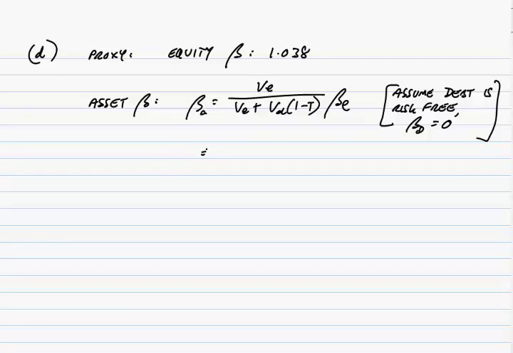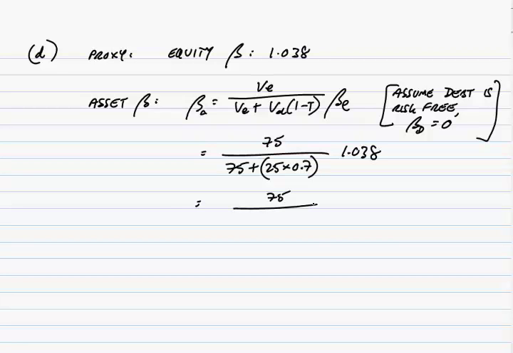So we can just stick the figures in. VE 75 over equity plus debt 25, at the tax rate 30%, so 1 minus 0.3, times beta E 1.038, which gives us